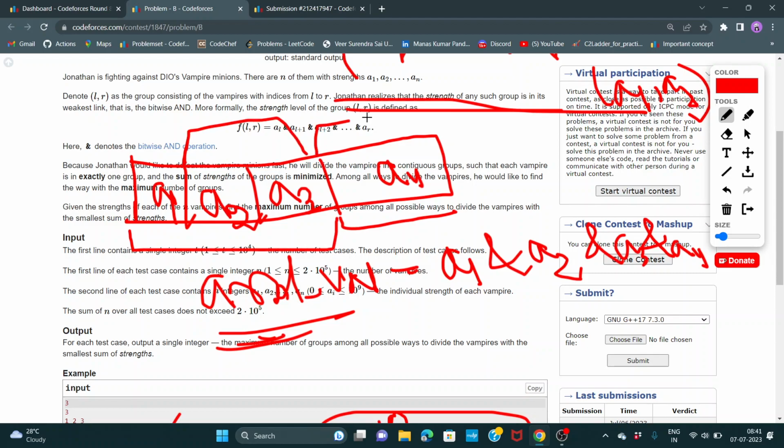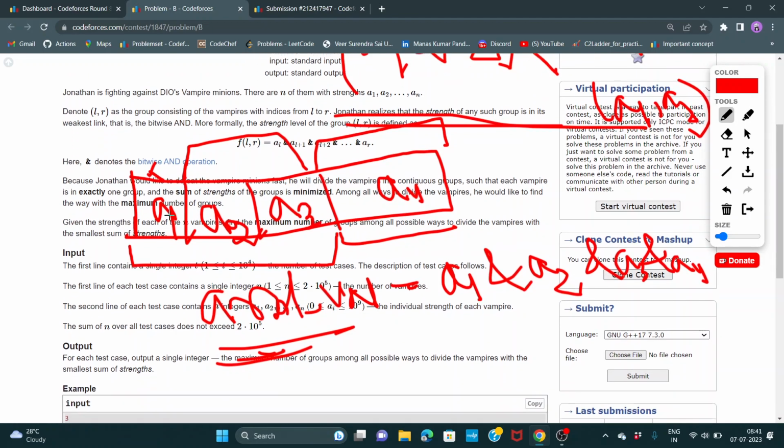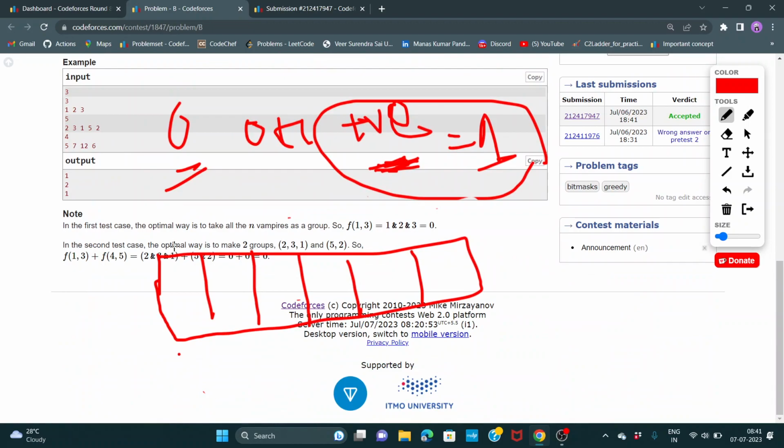This is one group and this is one group. You cannot divide in this way because you have to consider this thing also. Okay, so let's find up to which index my minimum, starting from the 0th index to the ith index, where the ith index is somewhere between 0 and n minus 1,